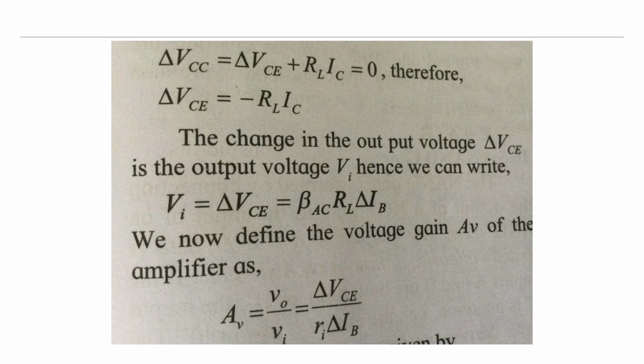Now we know that there is also a current gain beta AC in the common emitter configuration. So we can obtain the power gain AP as beta AC times AV. So if we ignore the negative sign and its significance for the voltage gain and write the magnitude only, a transistor can be used to gain power because the factor beta AC is greater than 1.